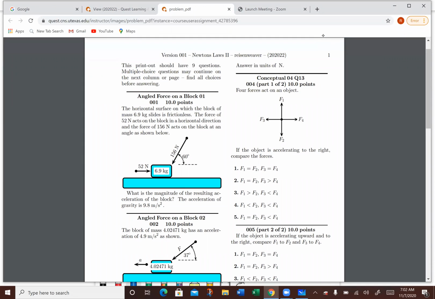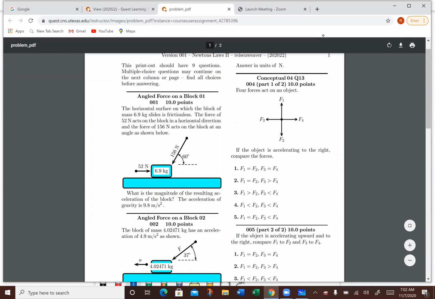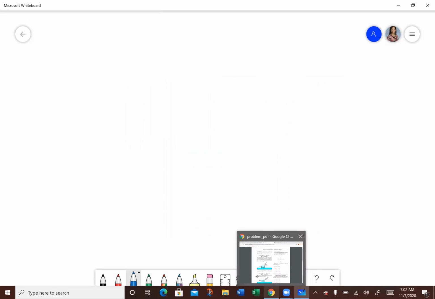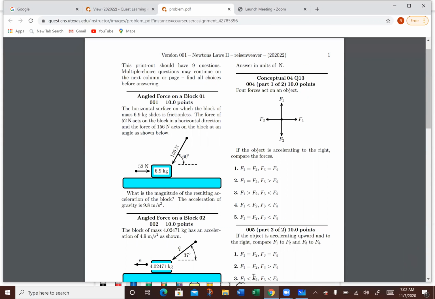For my printout, it would look like this on number 4, where you have 4 forces, one up, one down, one to the right, one to the left, and you're simply comparing them. That goes back to the very basics of how we started this whole thing. Remember broomball and all the forces that we drew. So opening up my whiteboard, if we have these 4 forces, actually, I could work through it right on that sheet. I'm not sure if it'll let me draw on that. Nope, I don't think I can. Okay, so we'll go back to this. Our 4 forces are simply